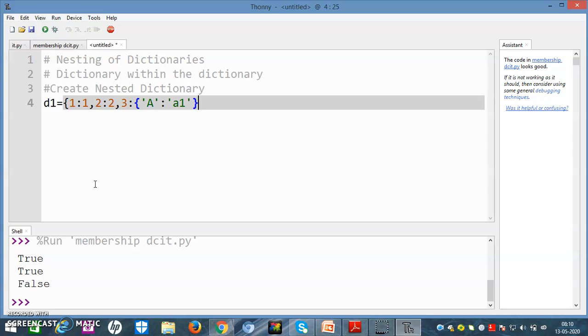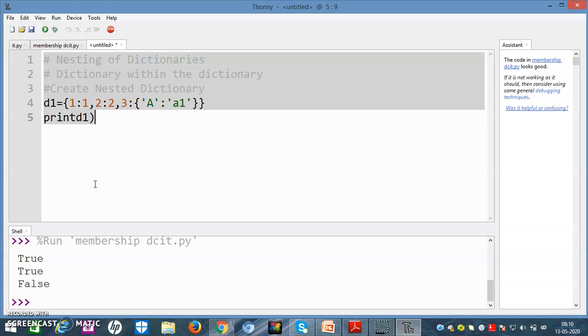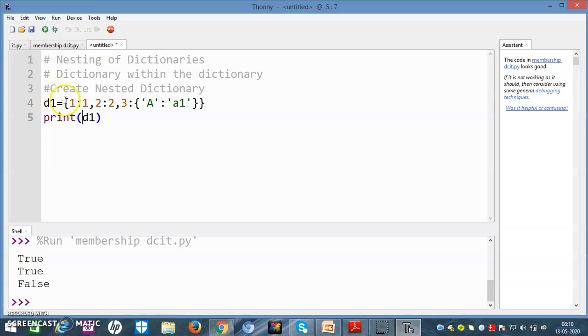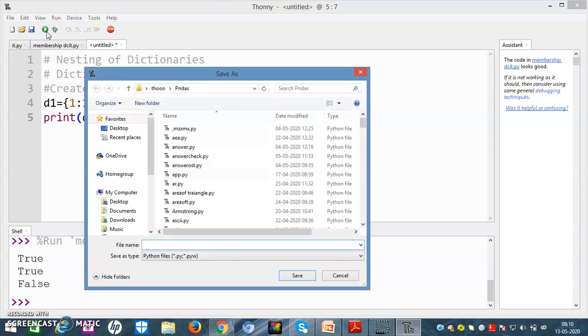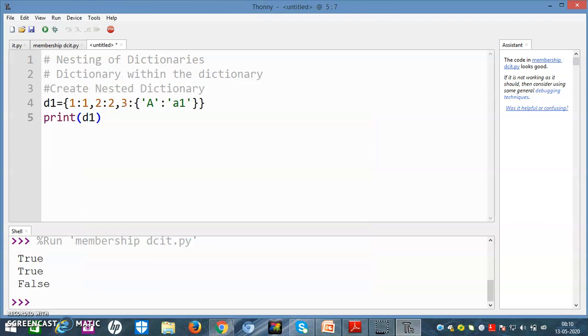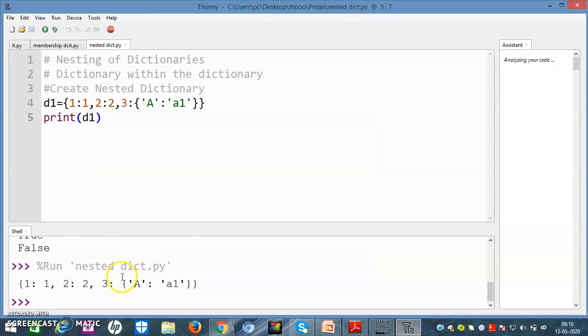Now one more brace has to come. You should take care of the braces while doing this, because braces are important, as if I remove one curly brace, then the answer will change. Look, it is a nested dictionary.